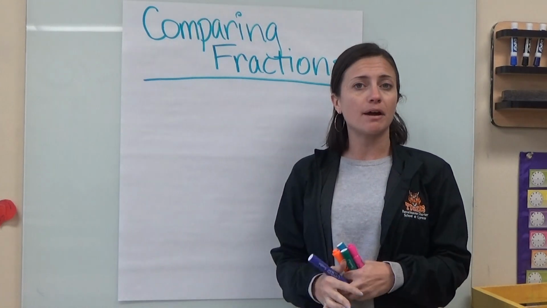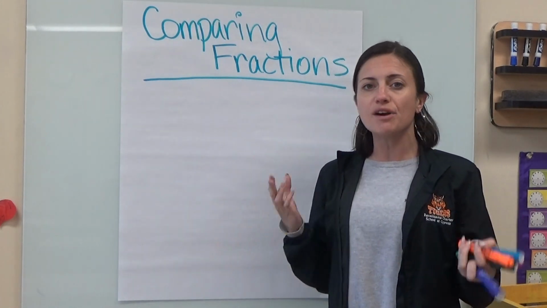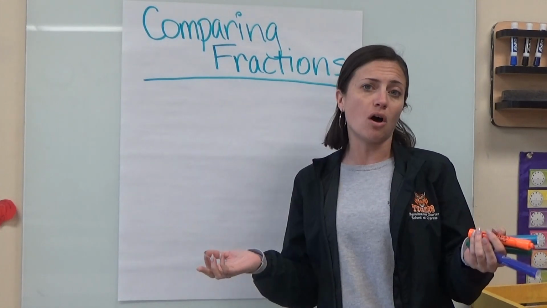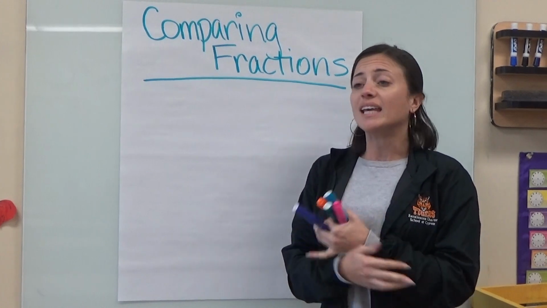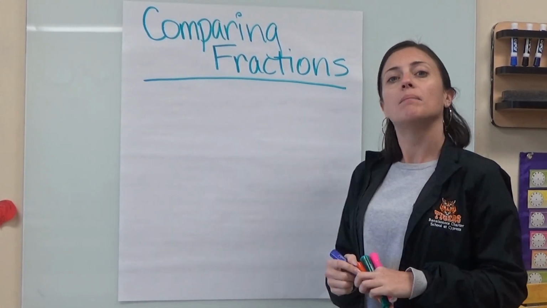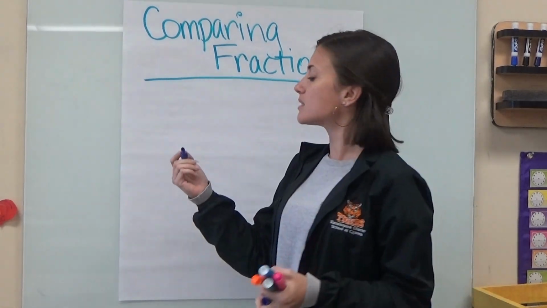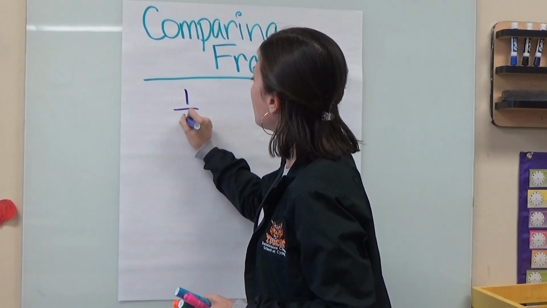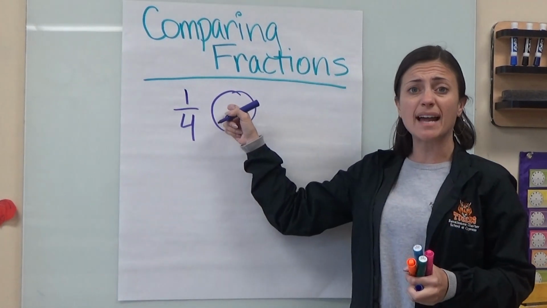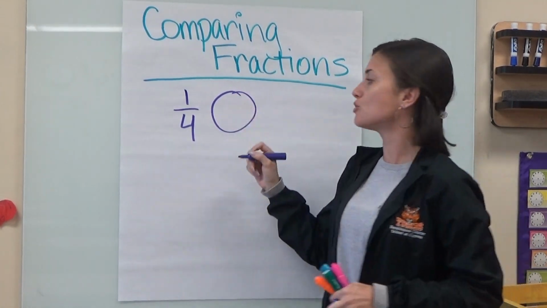When they ask us to compare a fraction, they're asking us to take two different fractions and decide, are they the same size? Is one bigger? Is one smaller? Or are they unequal? Well, we are going to use a special method to do that. We call that our butterfly method. So if they ask us to compare 1/4 compared to, when you see this circle, they usually want you to use that for your inequality, so that means compared to